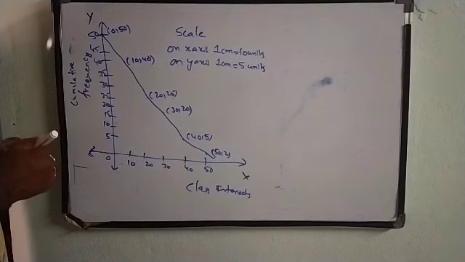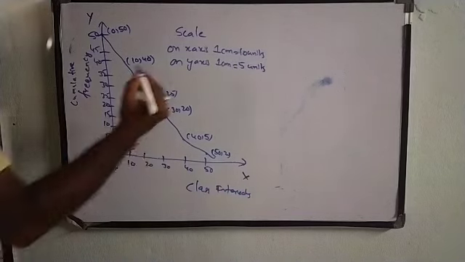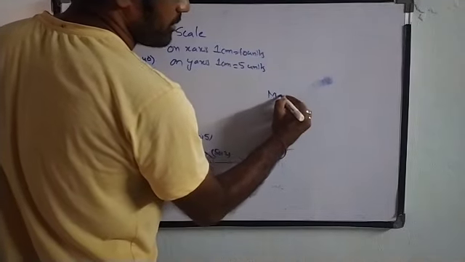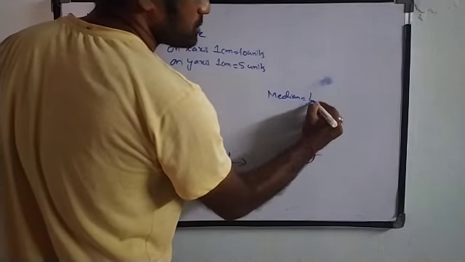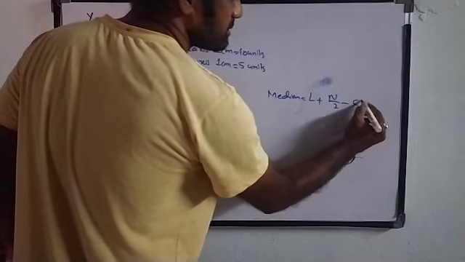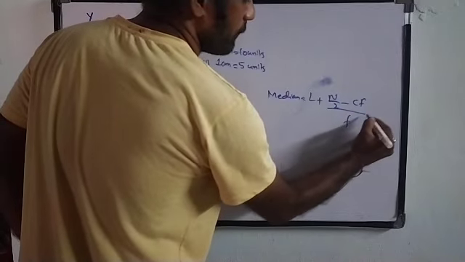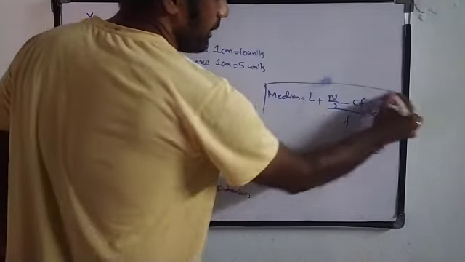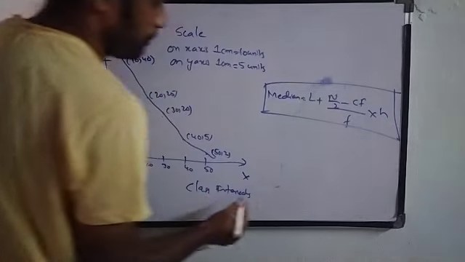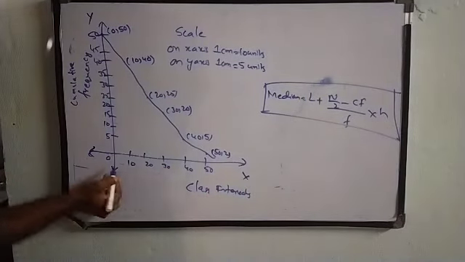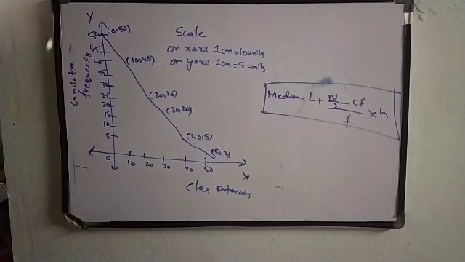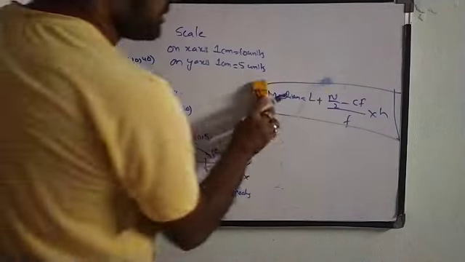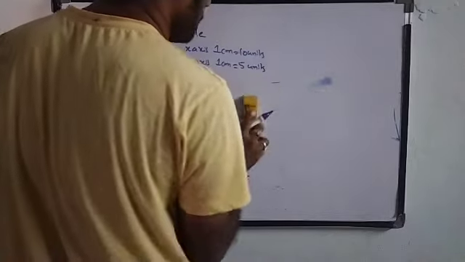For finding that median, we need to first find the median by using this formula. Median is equal to L plus n by 2 minus CF by F into H. After finding the median from this formula, we need to plot it on the graph sheet, where it is going to touch the x-axis. Now let us see what the median answer is for our question. So let us do it on the side and we'll plot it on this graph sheet.